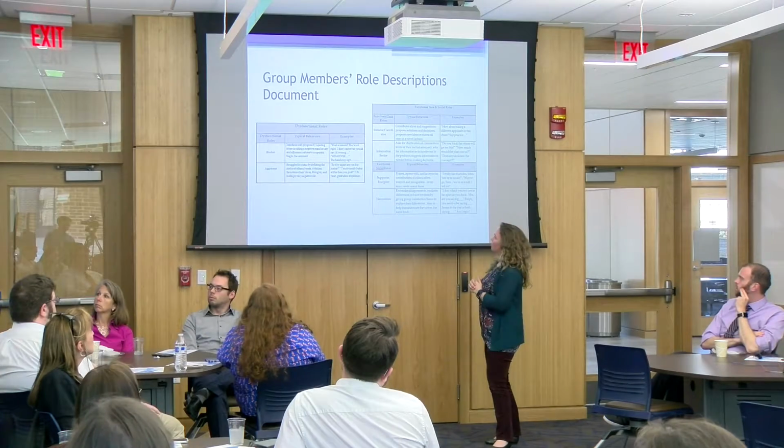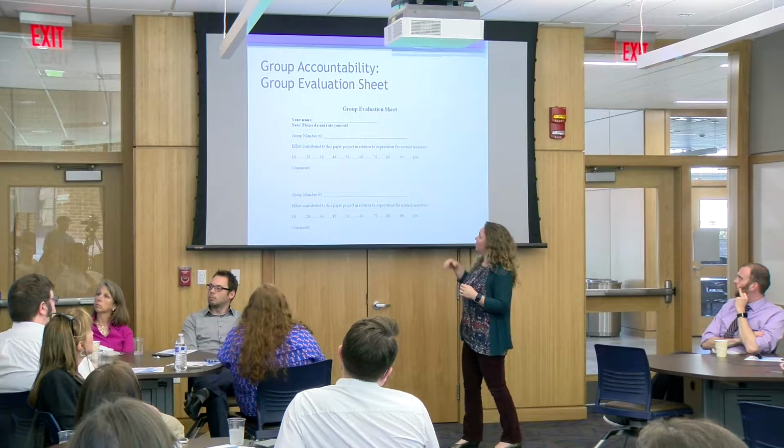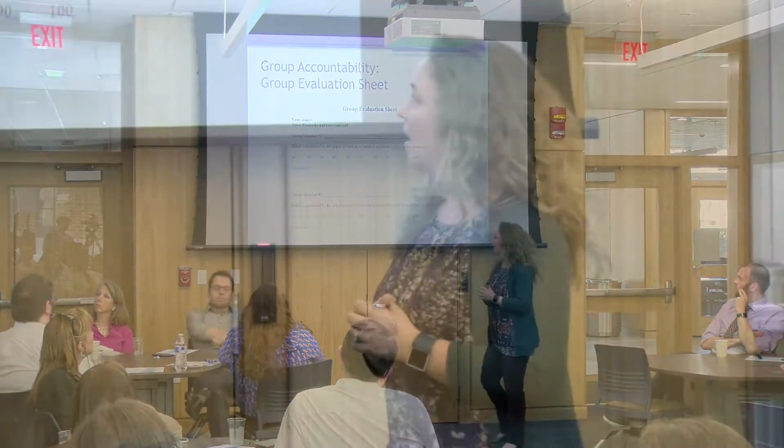And the group members' roles and descriptions when you work in groups. You're always going to have challenging behaviors, good behaviors that facilitate good group work, and then also barriers. And so this was describing the different roles, dysfunctional roles as well as functional roles. Another example of an accountability measure that we have is the peer evaluation, where you rate how much they contributed, what they contributed. And so that's another resource you can use for that.